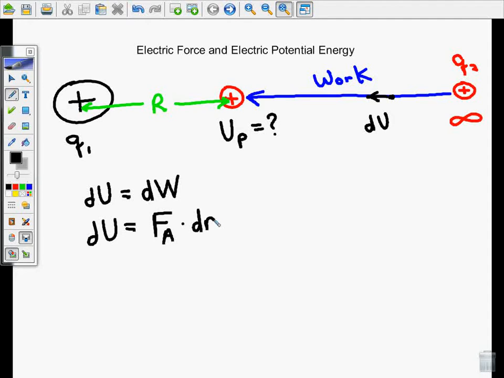And then, of course, if we integrate from 0 to the potential energy at P, dU, and integrate over here from r equals